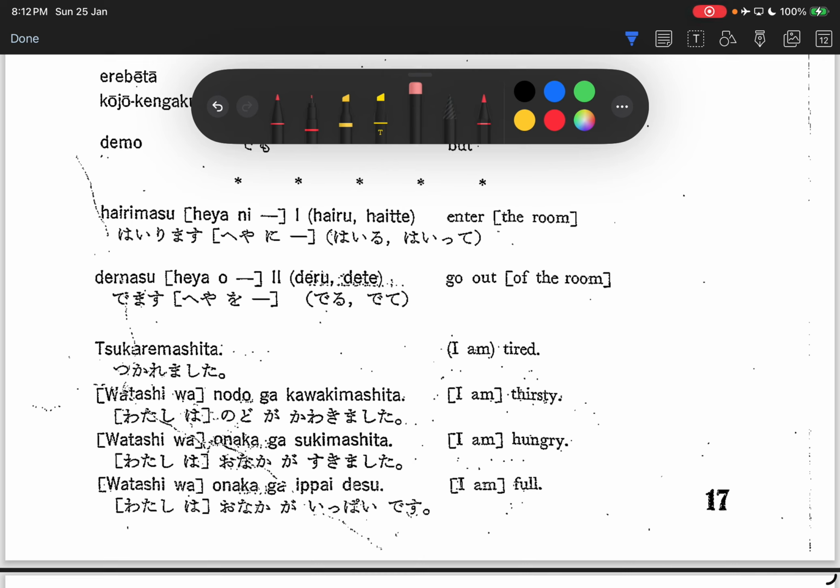So there's no word as thirsty in Japanese. They don't have this word called thirsty. So you have to say like nodo ga kawakimasu, right? That means my throat is going to dry. Okay, 喉が渇きました。My throat is dry. Understand? Okay, na? Next, お腹が空きました。